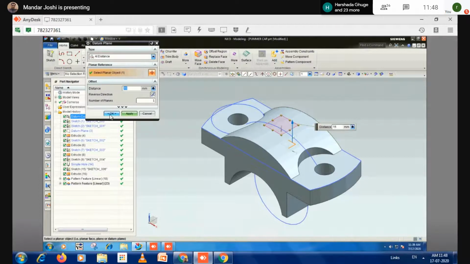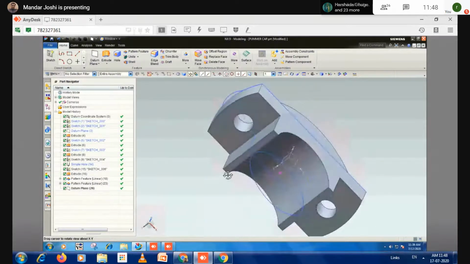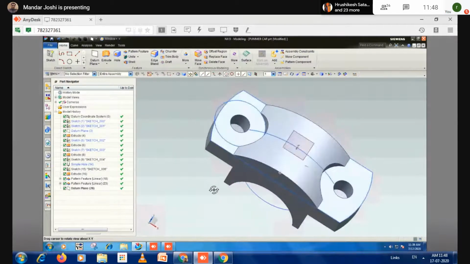Click on OK. Now on that 50 size plane, you can create a hole.